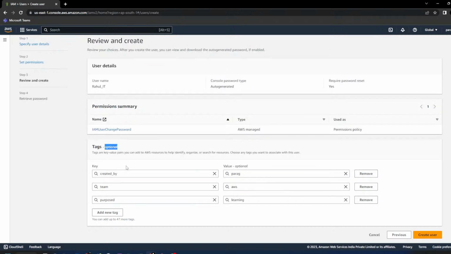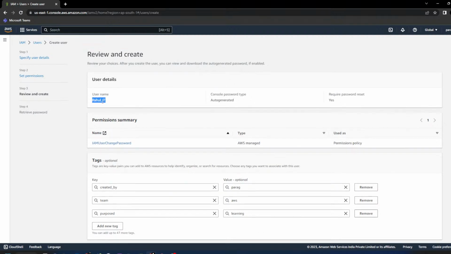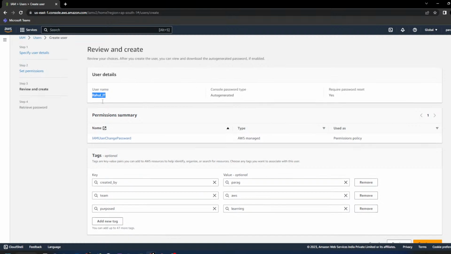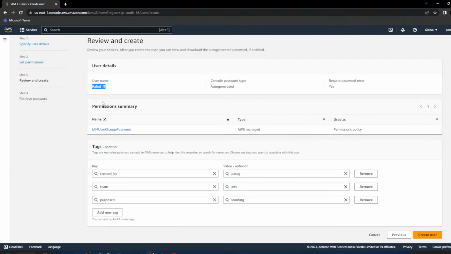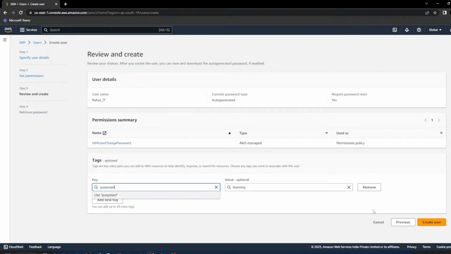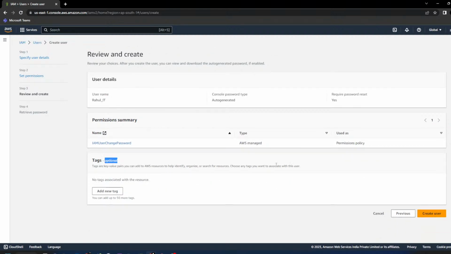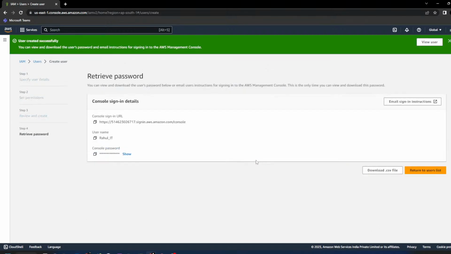What we do with the tags, we just give extra information about why this service was created, why this user was created. So each service in Amazon, it can be an IAM user, an S3 bucket, an EC2 machine, on all of these you can add tags. This gives the extra information. It's not mandatory, it's an optional thing, but it's good to have tags. Now just create the user. So now you can see the user is created